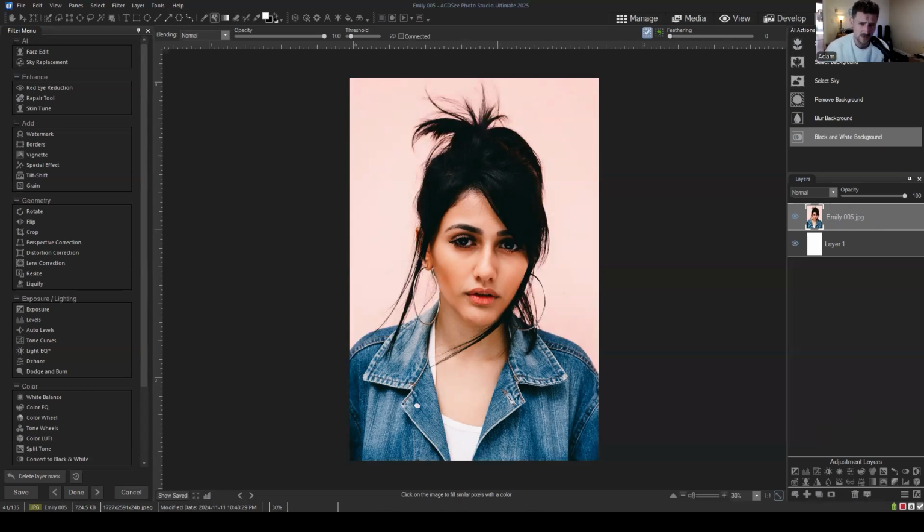In certain situations, this was maybe not a great example, but in certain situations, refining the edge of really detailed selections will enable you to pull that selection inwards and remove haloing and things like that. But yeah, you're going to want to go in with your brush tool and be very precise in what you're removing and what you're adding. I'm not sure if that totally answers your question, but cleaning up hair in this case is going to require